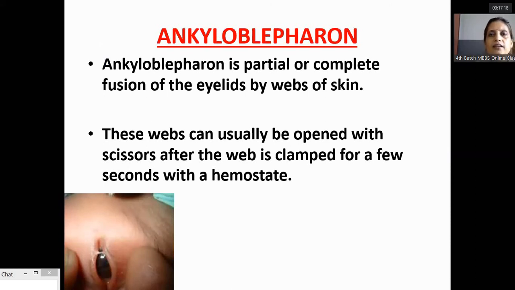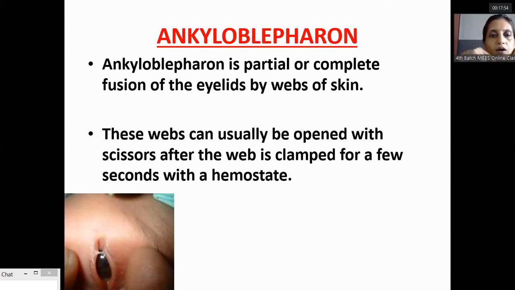Another condition is ankyloblepharon, which is a partial or complete fusion of the eyelids by a web. You have seen the web of the birds. Like that web of the birds, it can be seen at the lid. So you will see either complete closure of the lid or closure at one point, partial or complete. Like this skin tag, you can see it over here like a web. That is ankyloblepharon. It is a partial or complete fusion of the eyelids, and these webs can usually be